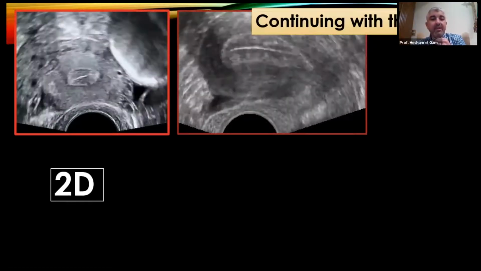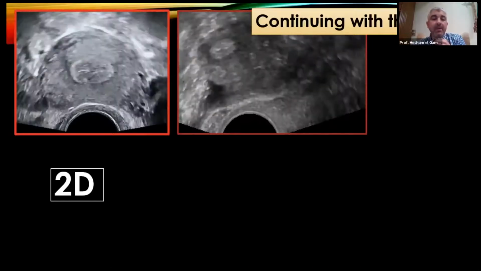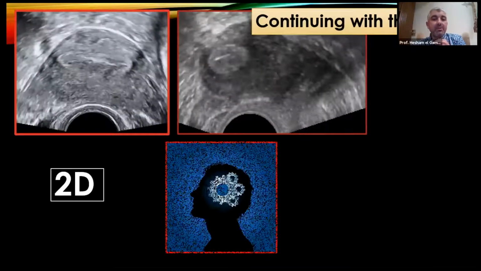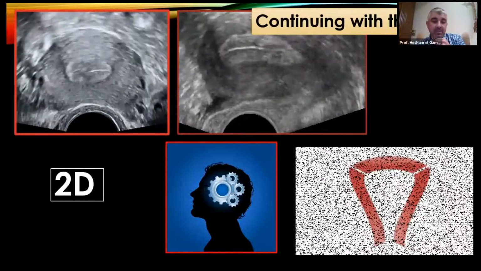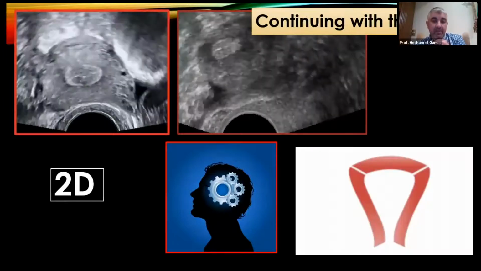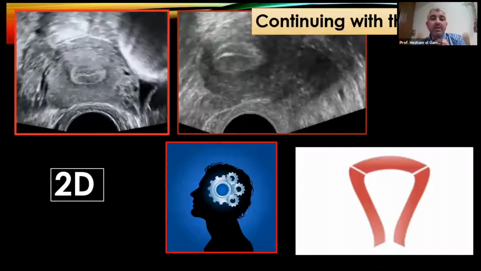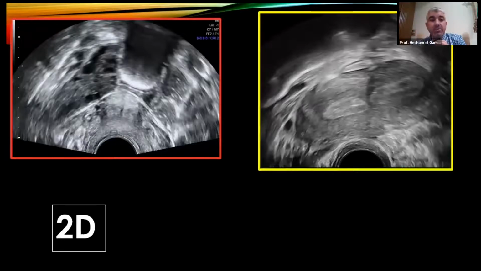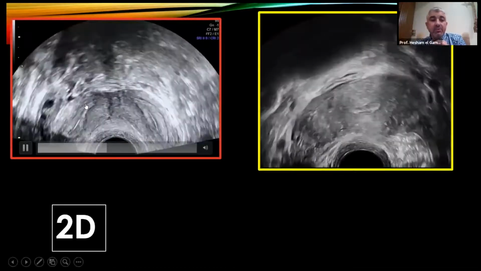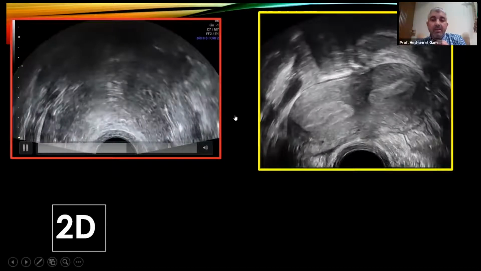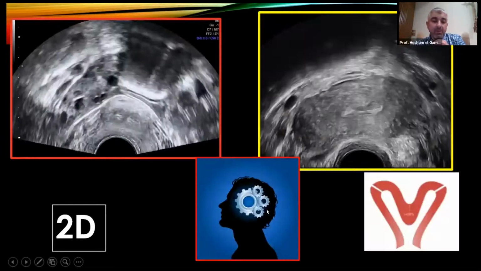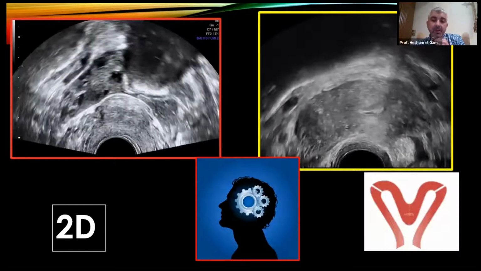Through a sagittal plane, or moving from below to up in a transverse plane, you put all these images in your mind, and you could say that this is a normally appearing uterine cavity. Or if you see an interrupted endometrial interface, or you see two horns like these two horns over here, you would say in your mind again that this is probably something wrong with the cavity, maybe a bicornuate uterus or